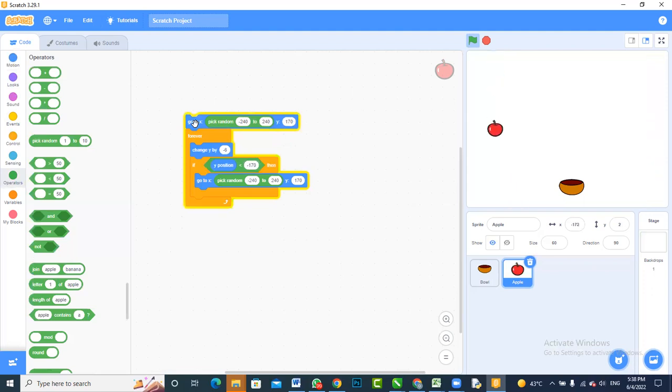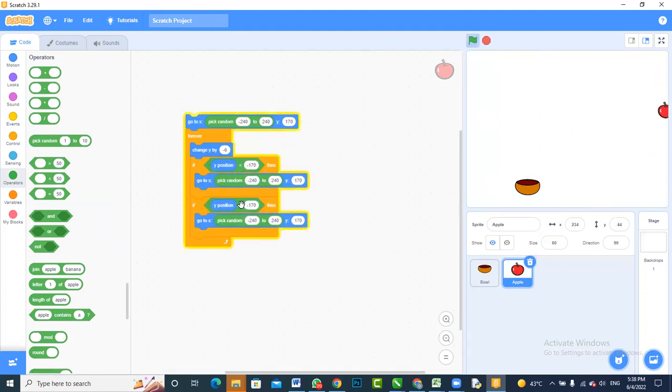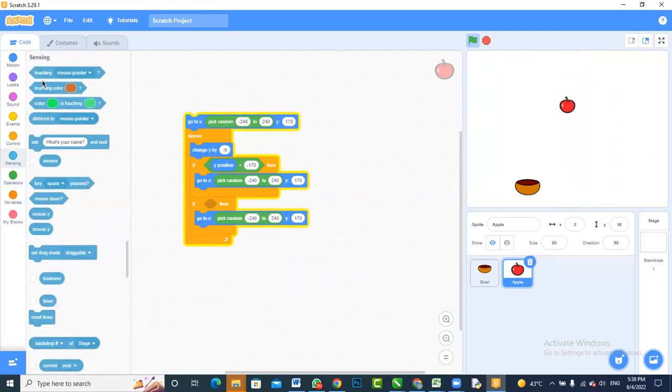So now your objects have started to run on the screen perfectly. Fine. Now there is only one last thing that we are left with. If the apple touches this pan, it needs to do something. It basically needs to repeat this same thing again, but the condition is a little different. The condition now is that if the apple touches the pan, so touching, put it here, and change the mouse pointer to pan. So if